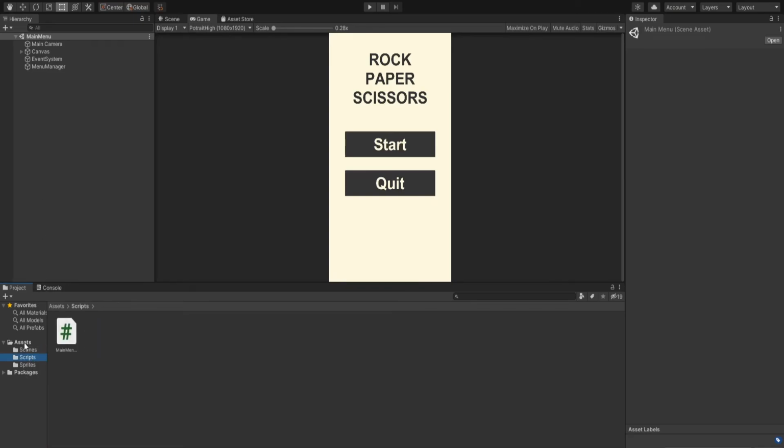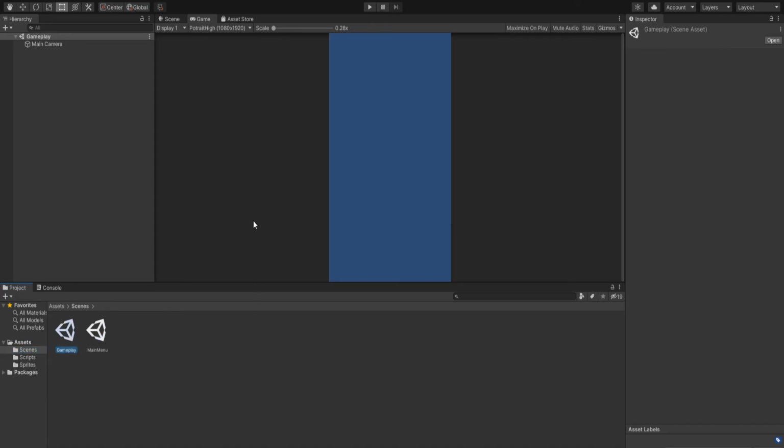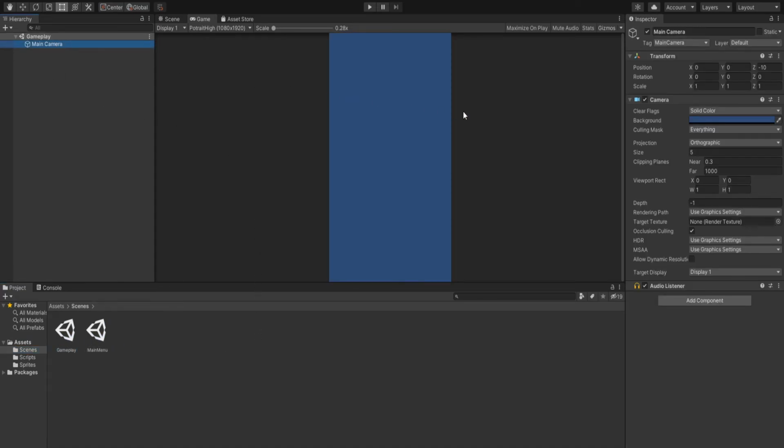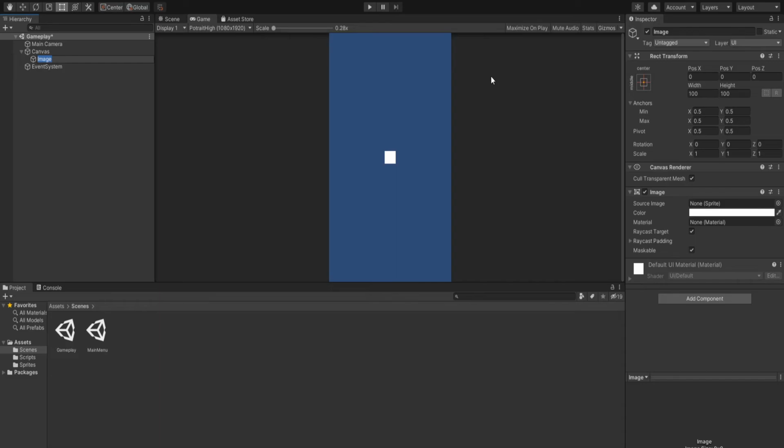We'll now start editing the gameplay scene. Here is the gameplay scene. We have the main camera, and first we'll add an image. We'll call it BG and set it to plain white, and